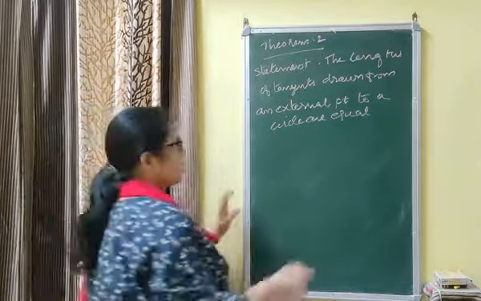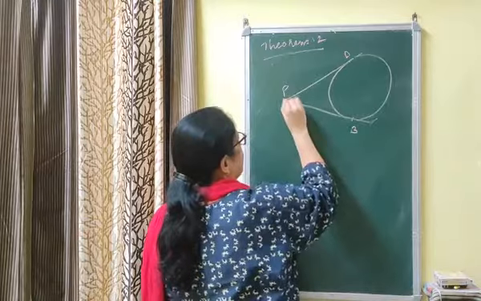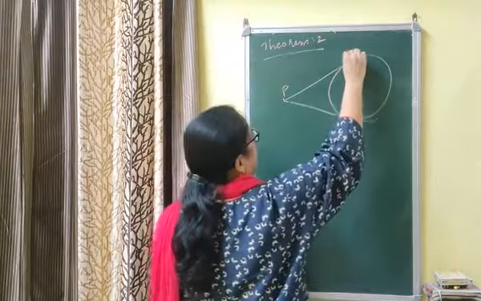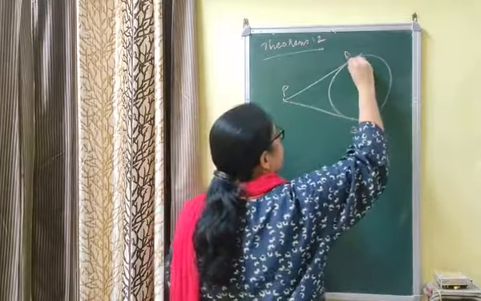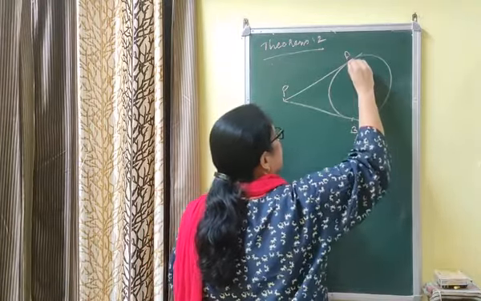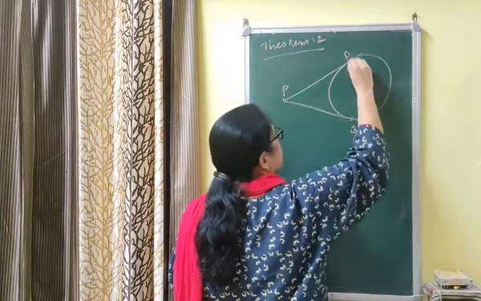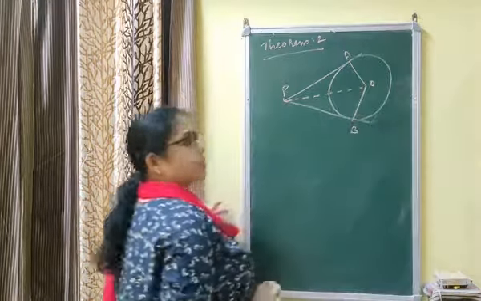For that, let me draw the figure. You are given a circle and two tangents from a point. Let P be the external point, and from the external point, as I told you, we can draw two tangents. Let the naming of tangents be PA and PB. आपको एक सर्कल दे रखा है. सर्कल में बाहर का पॉइंट मैंने लिया P, से PA and PB, two tangents are drawn. Now आपको ये प्रूफ करना है PA equal to PB. For that, let O be the center. The construction is join OA, OB and the point to the center of the circle. This much is the construction.